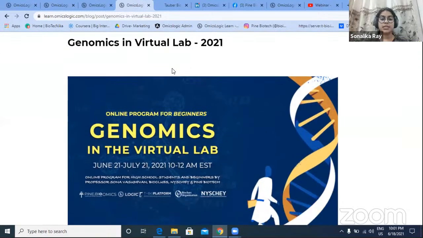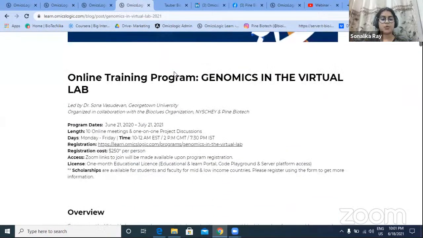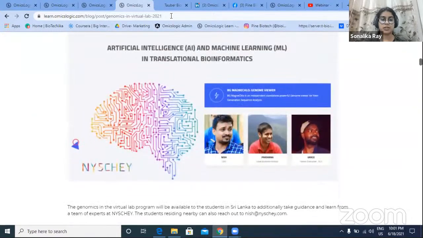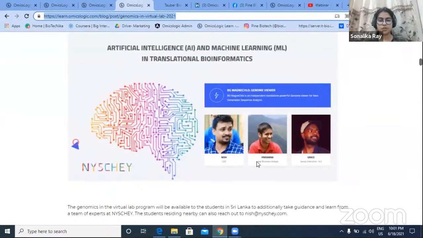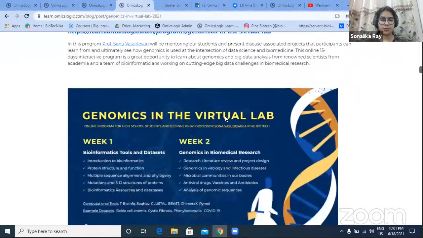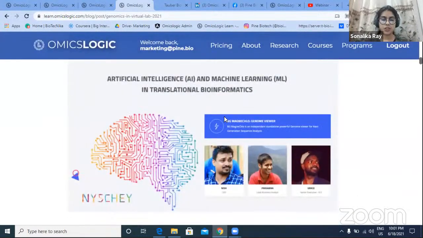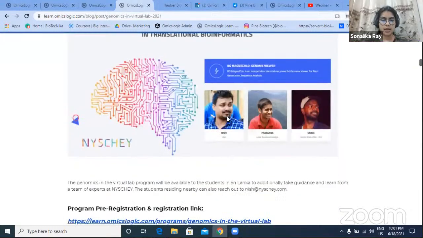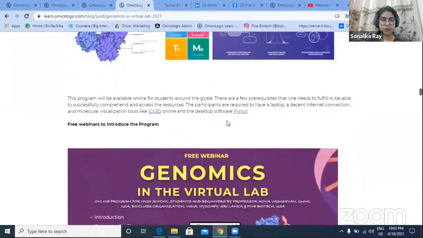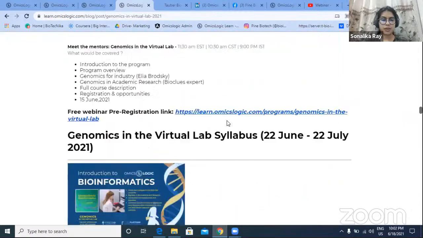To get more details on the program, about what all would be covered and who the speaker is, you can just go to our blog page. Now, this is the blog for the program, which has all the details of the program. Talking about Nishchay, Nishchay is a collaborator from Sri Lanka. And then we have the session details here as well on the blog, which you could refer to any time.